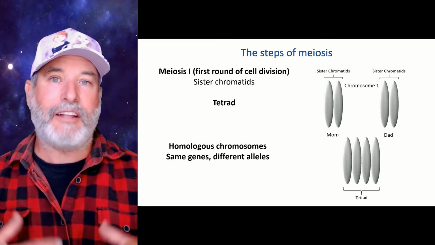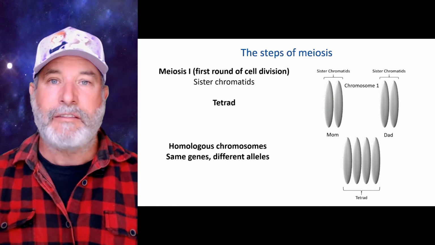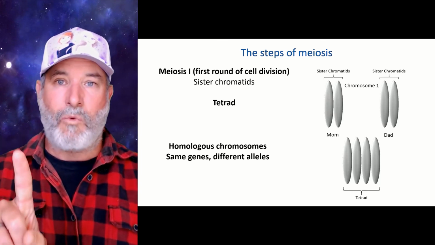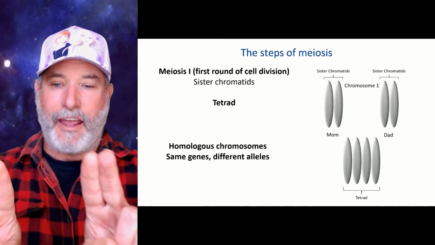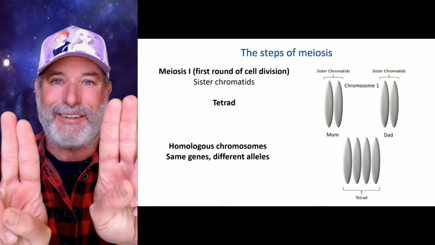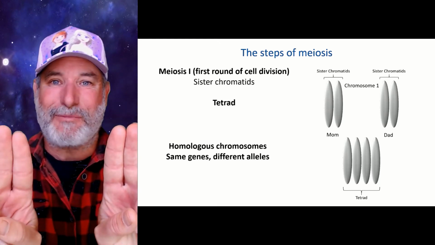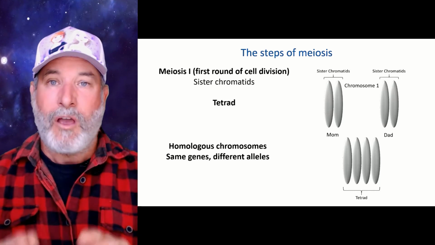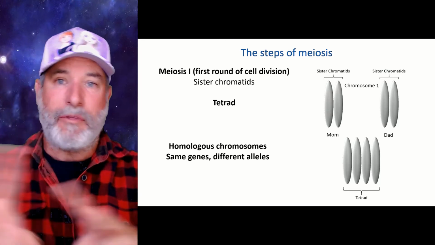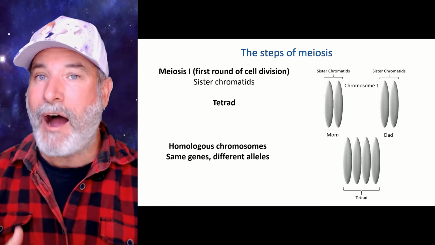Let's say we've got 23 pairs of chromosomes. That means I've got chromosome number 1 from mom and chromosome number 2 from dad. When they replicate, they form these, my sister chromatids for chromosome 1 and chromosome 2. Well, in mitosis, I just line them up and then pull them apart. But in meiosis,